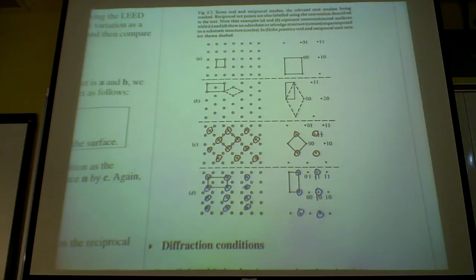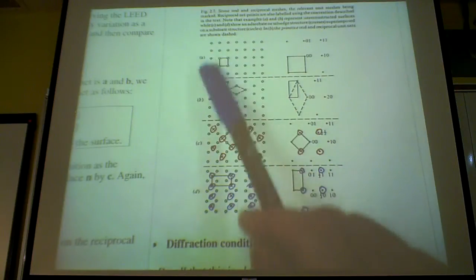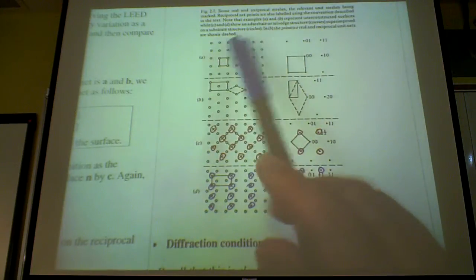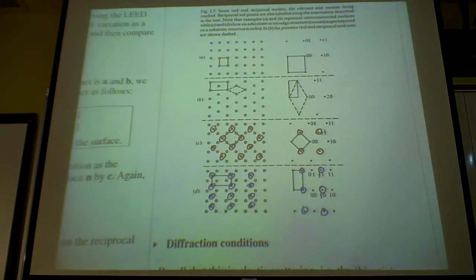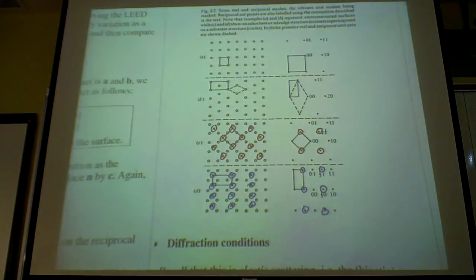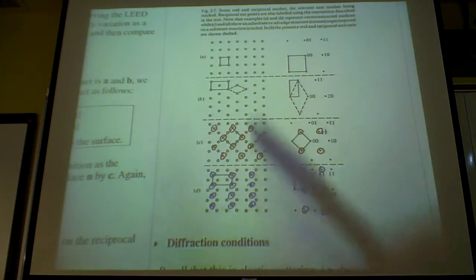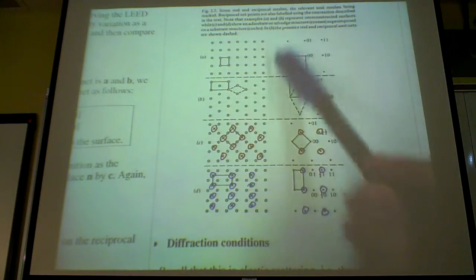Okay, so let's think a little bit about this. Here I have a real space surface net. These are arranged in a square pattern, right? So think of these as my individual surface atoms. It could be nickel or something like that. Okay, and if I do an electron diffraction, what will I see? I would also see a square pattern like